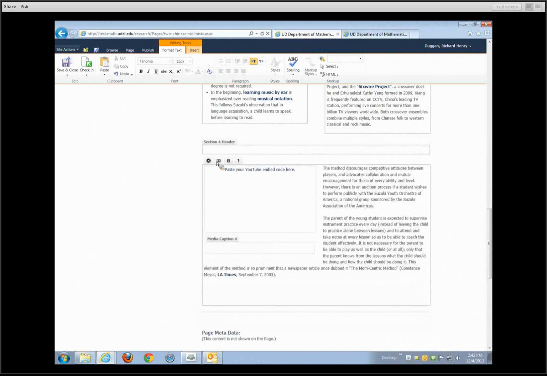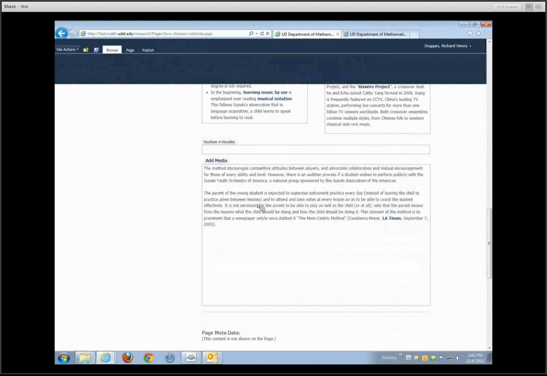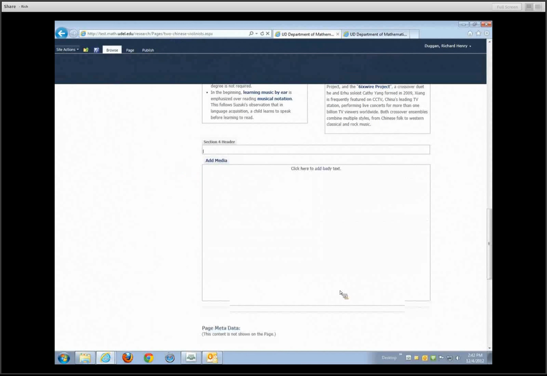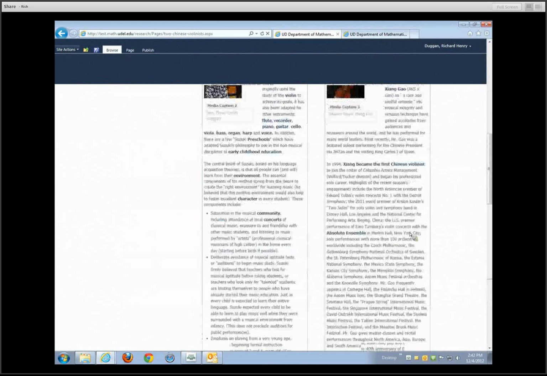I can close that now because it doesn't have anything in it. I'm just going to take this whole section out. Make sure that it's empty. Okay. Now I could